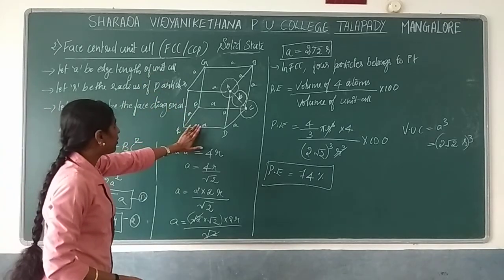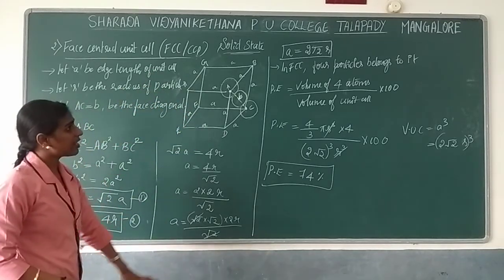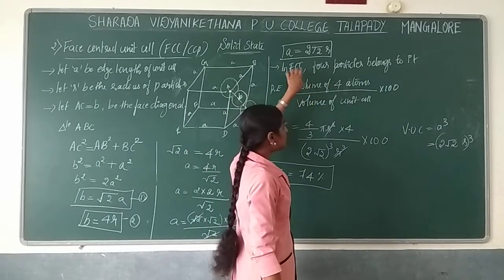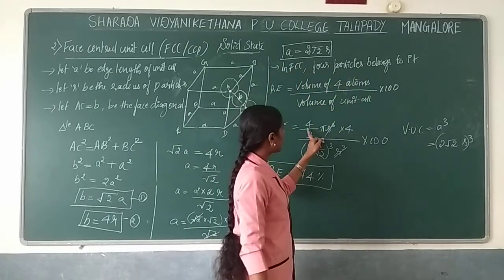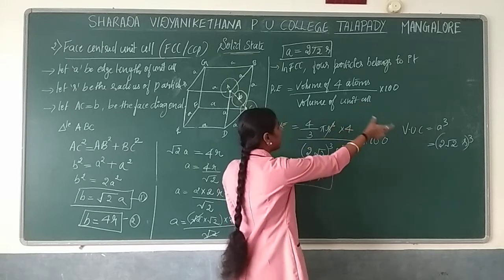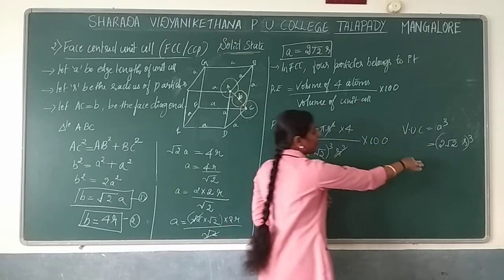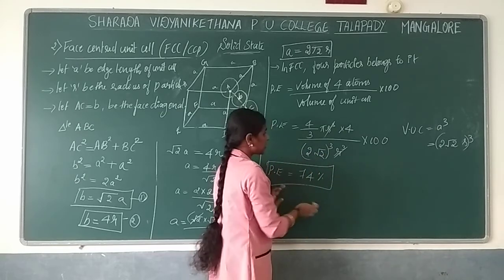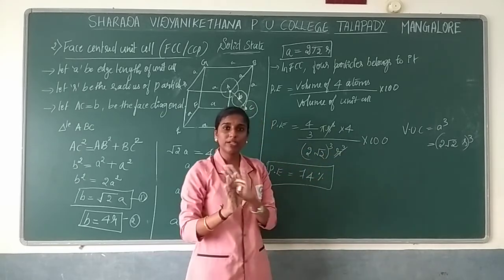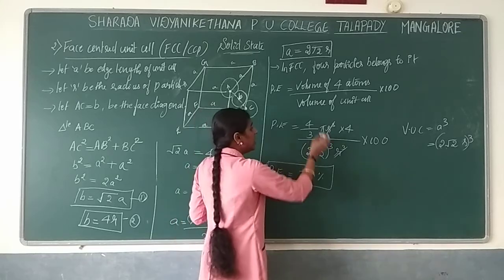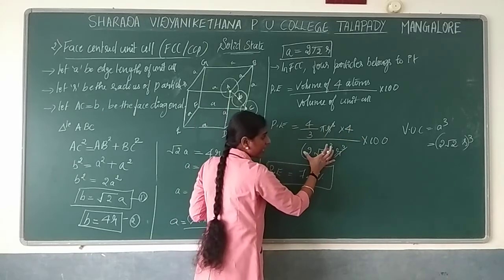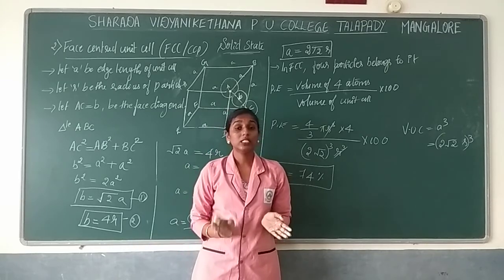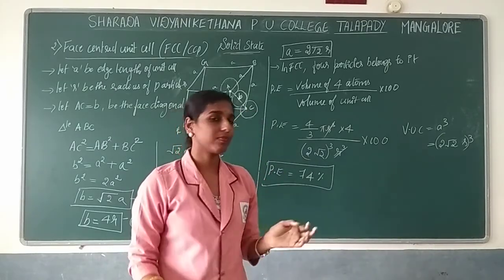Draw the diagram, important. All these things you have to write, and write the substitution neatly, especially for the students. Volume of 4 atoms, what will be the value? Volume of unit cell, what will be the value? That you have to write. Then go with the calculation and the exact percentage. The middle calculation, no need to write in the exam. Directly substitute, and after substitution, if you write the percentage directly, that is also enough. This will be asked for 3 marks. Write it down.